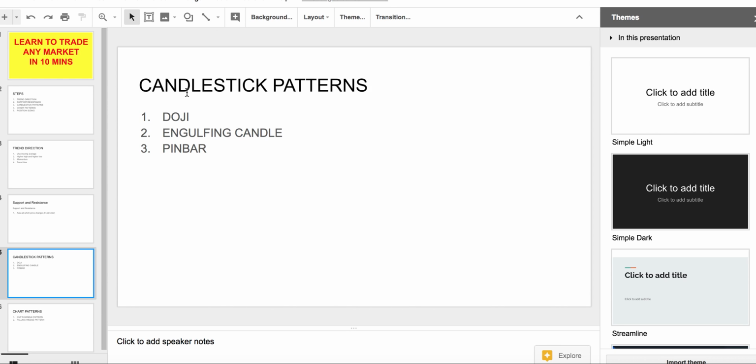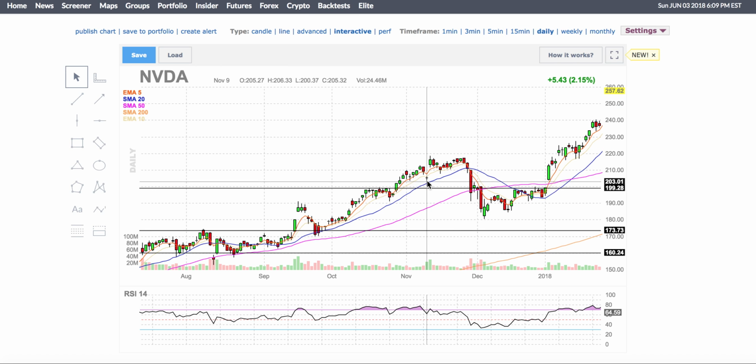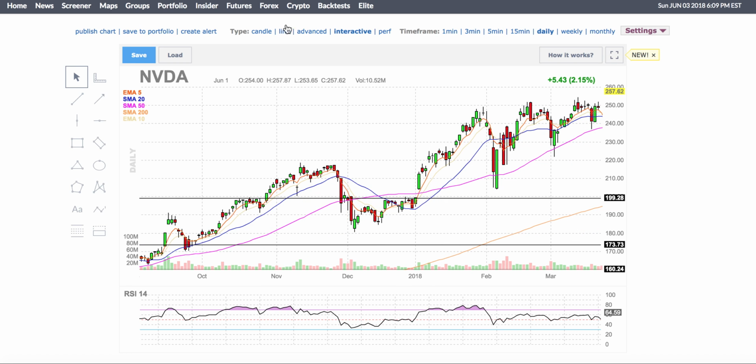Next, you look at candlestick patterns. Candlestick patterns are things like a doji, engulfing candle, or pin bar. If you're looking at dojis, this is like a doji on here where there's indecision. Generally, you will see a trend pause, right? It doesn't mean the trend is going to reverse. It's just a pause, right? So if you're trying to find opportunities,